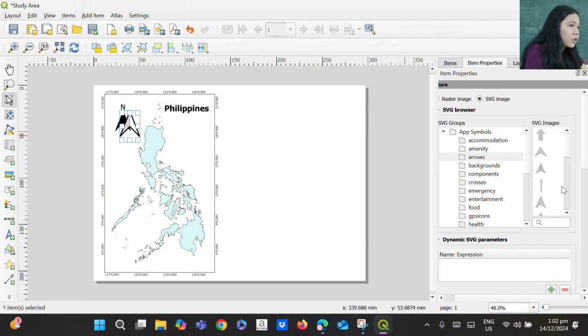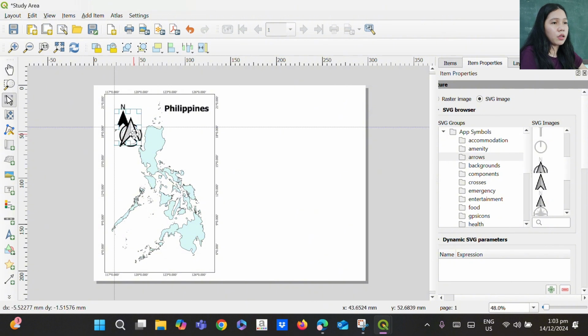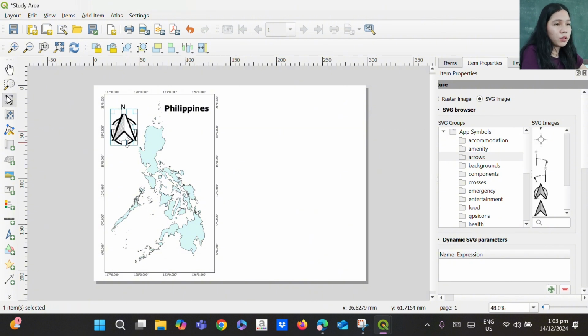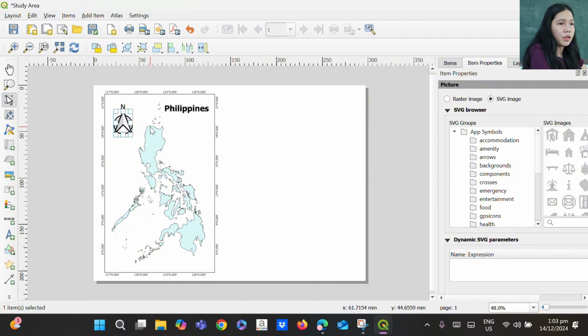So here I'm going to choose this one, and then I'm going to layer this one onto the previous arrow icon. So I have my north direction.